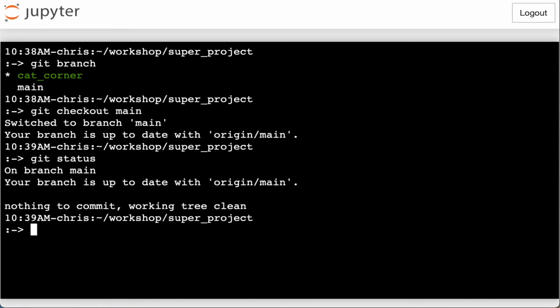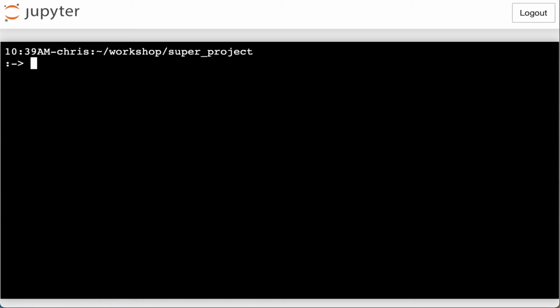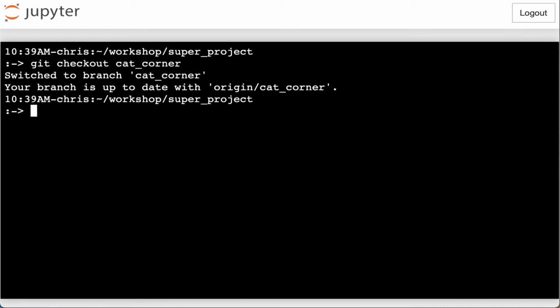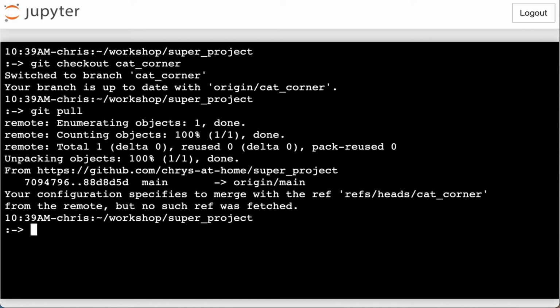Let me do this the other way. Let me go to cat corner first because you can see the actual status message directly. So I'm going to go back to cat corner, git pull, and indeed it's even now telling me that something's gone a bit weird because it's now lost the cat corner which was sitting on GitHub. It's lost origin cat corner. Now if I do git checkout main,